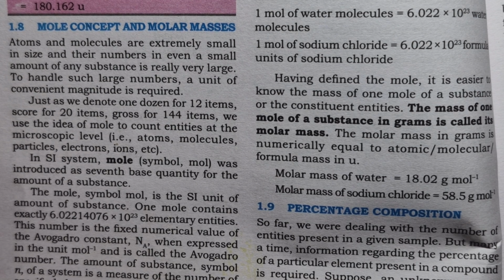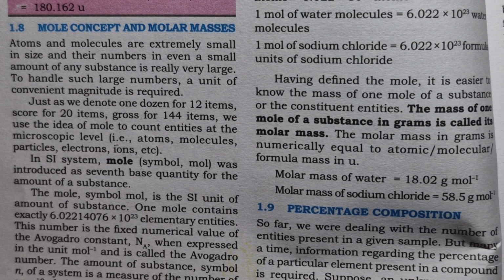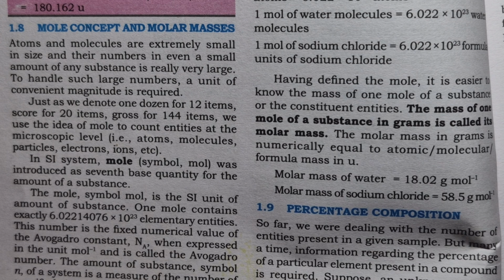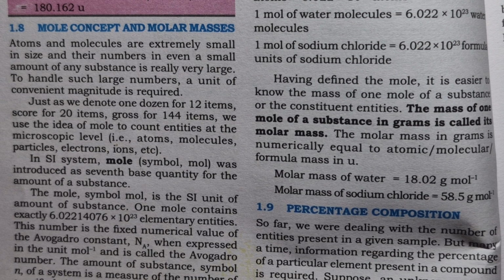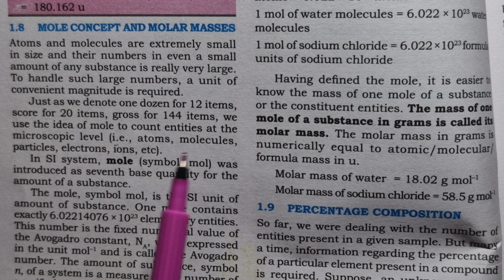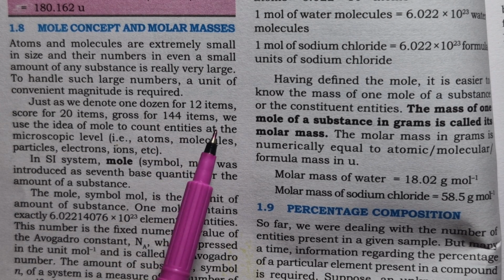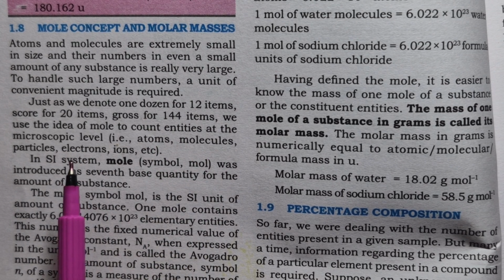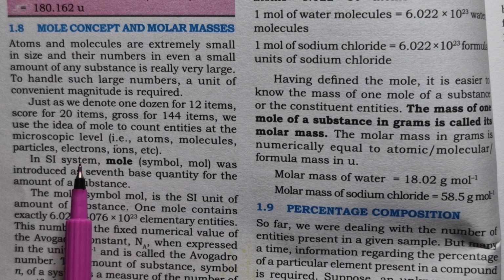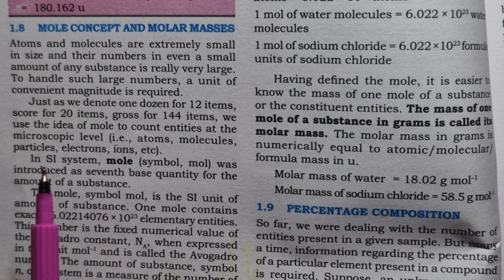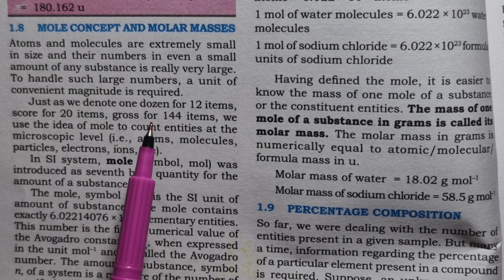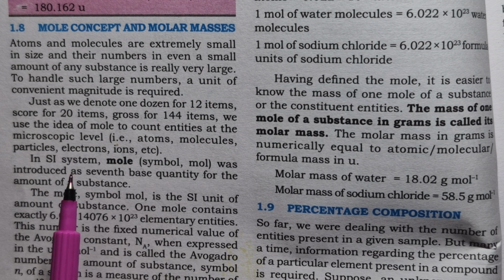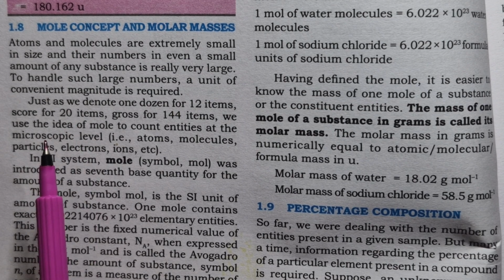For example, if you buy bananas, you either go for half a dozen or 1 dozen, where dozen means 12 items. So 12 bananas here is given. 1 dozen is for 12 items. Nowadays we even buy by kg, but in simpler words, where you have to mention the numbers. Same way, gross is for 144 items. Score is for 20 items.